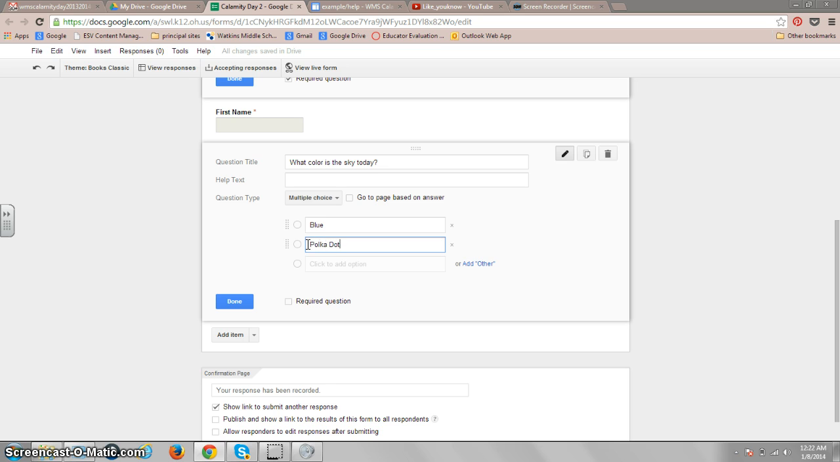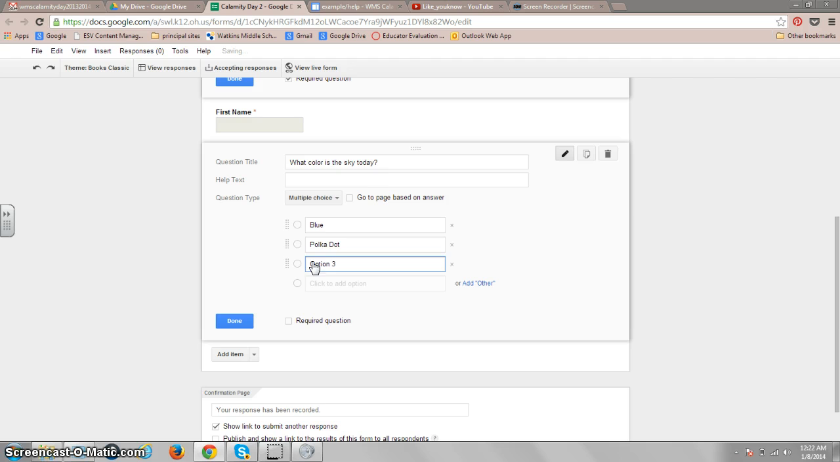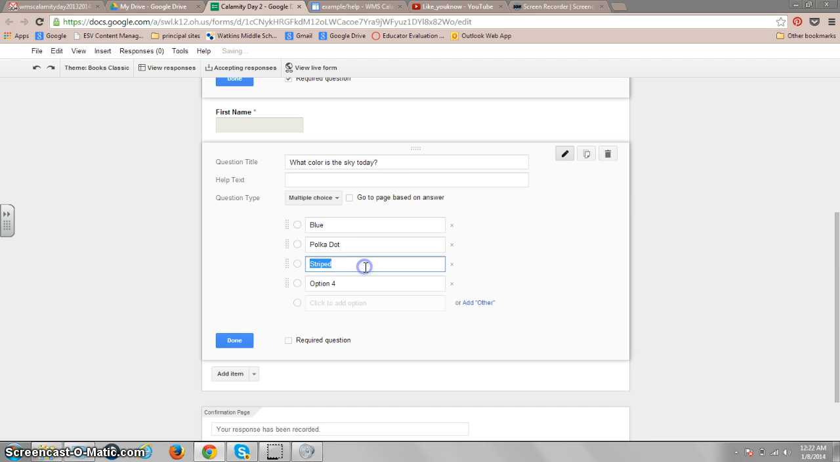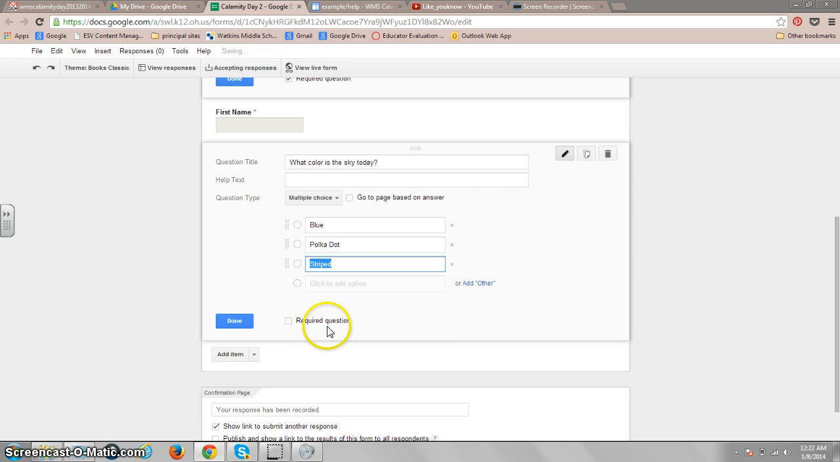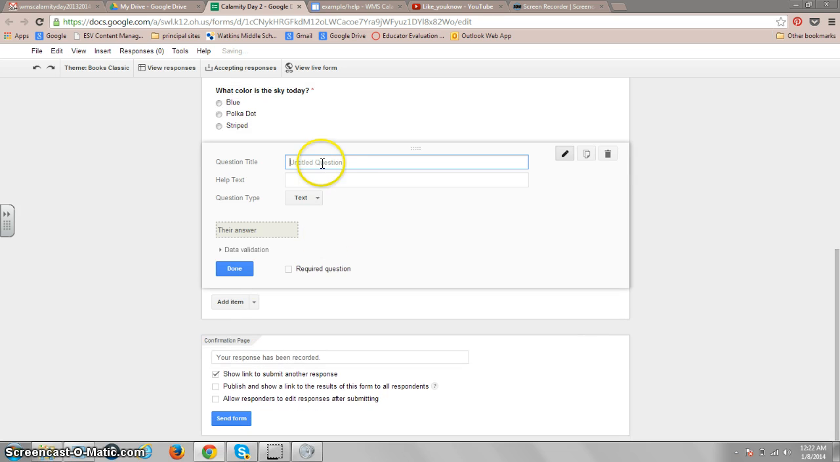So we can go with something like polka dot and striped. In which case you can go on and on forever if you want. In the event that you have an option that you don't want, you just click X and then require them to take this question. If you wanted them to do like a short answer question, something like what is the capital of Columbus, and you want them to actually type it in,